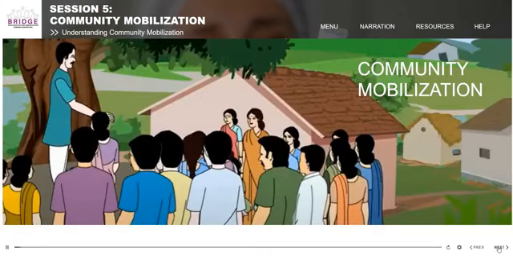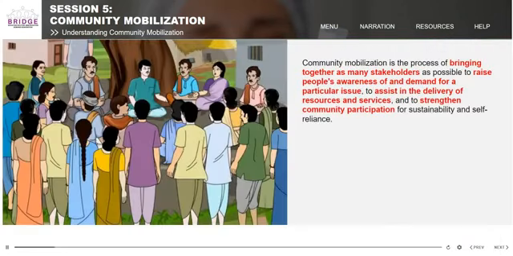Let us understand what is meant by community mobilization. This will then help us understand how to effectively mobilize the community. Community mobilization is the process of bringing together as many stakeholders as possible to raise people's awareness of and demand for a particular issue, to assist in the delivery of resources and services, and to strengthen community participation for sustainability